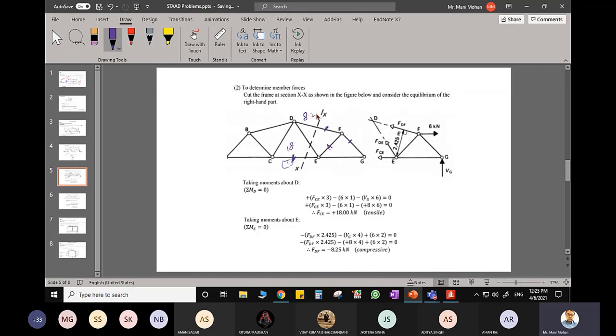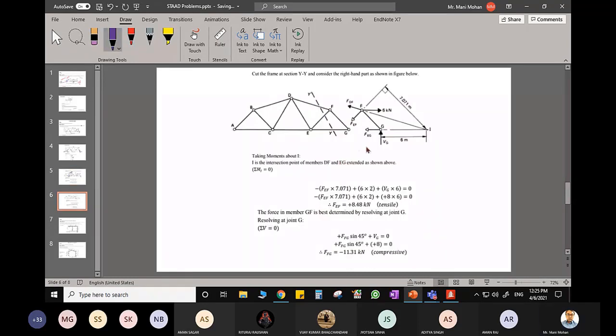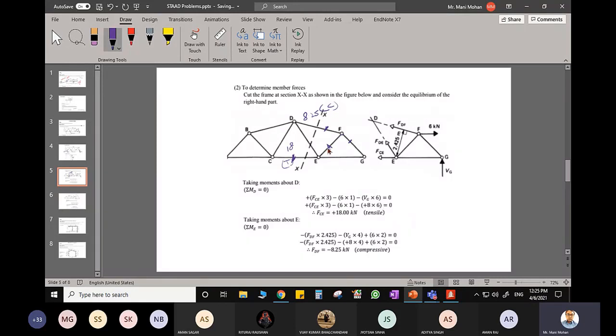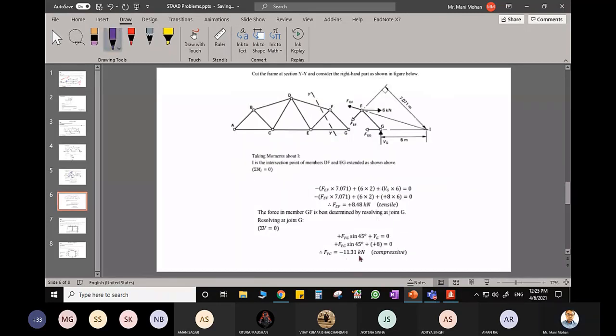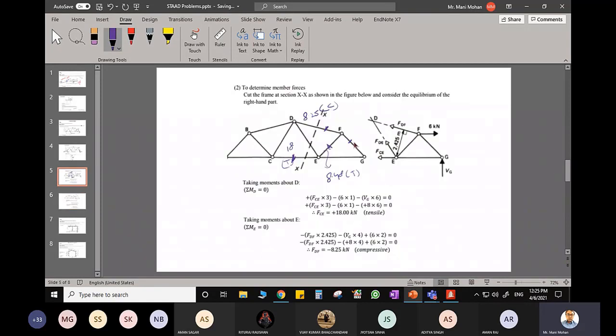I'm writing it 8.25, and this is compressive. Next, EF is 8.48 tensile. This is my EF. Here I'm getting 8.48. This is tensile. And what about FG? Minus 11.31 kilonewton, which is compressive.